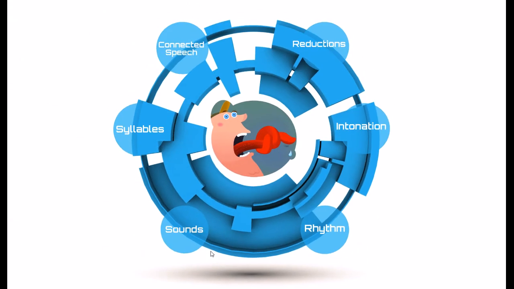All right. So this is our 6 areas of pronunciation that we're going to work on to improve. We have sounds, syllables, connected speech, reductions, intonation, and rhythm. I hope that you can really make some progress this term. I hope that we'll finish this term far better than we started, and that you can really learn about pronunciation and learn how to improve your